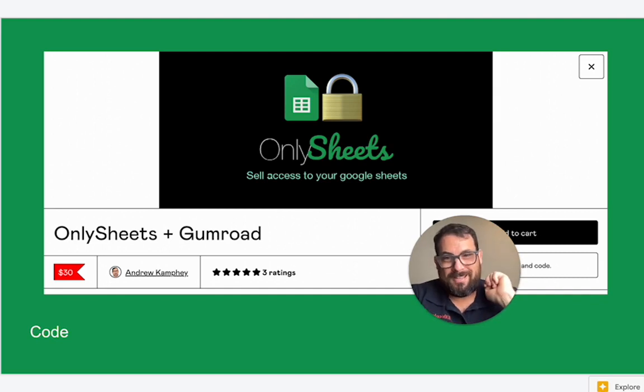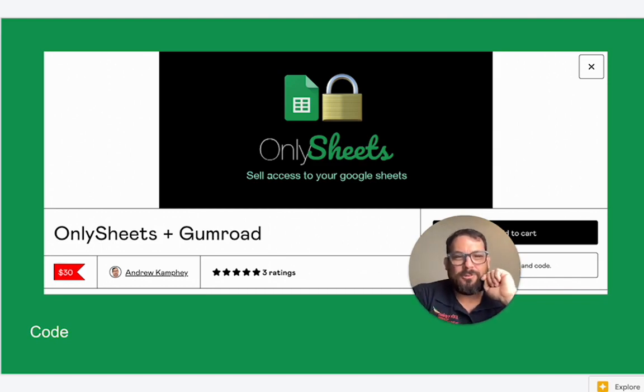So two weird things here. One, Only Sheets powers Only Sheets. So when you buy, Only Sheets actually activates, adds you as a viewer, sends you an email, and says, hey, you have access to this sheet. So if you do purchase this, definitely make sure to use your Gmail account or an account that has Google Sheets access, because it doesn't work if you don't do that. And I'm sad. And you make Only Sheets sad.